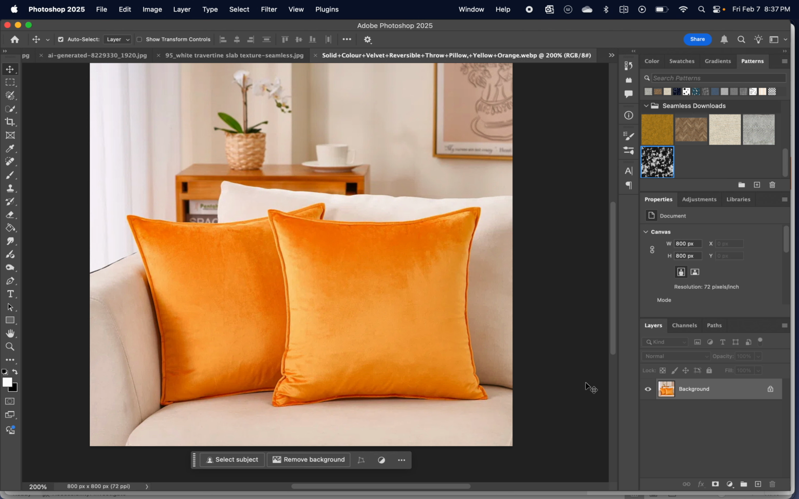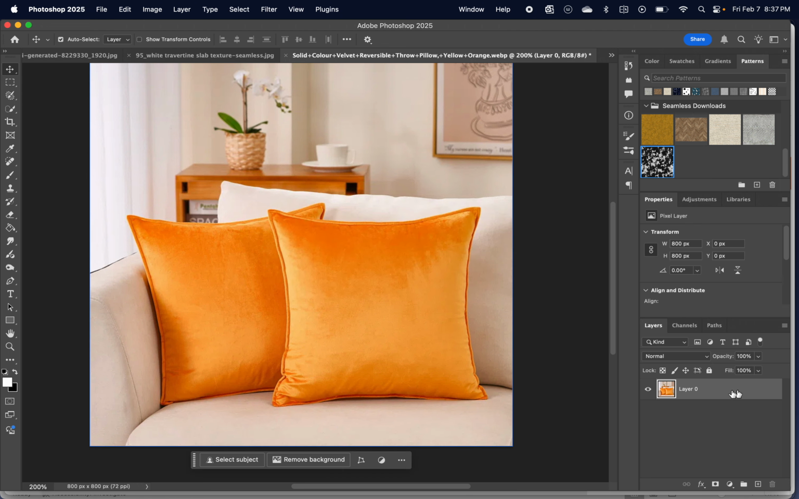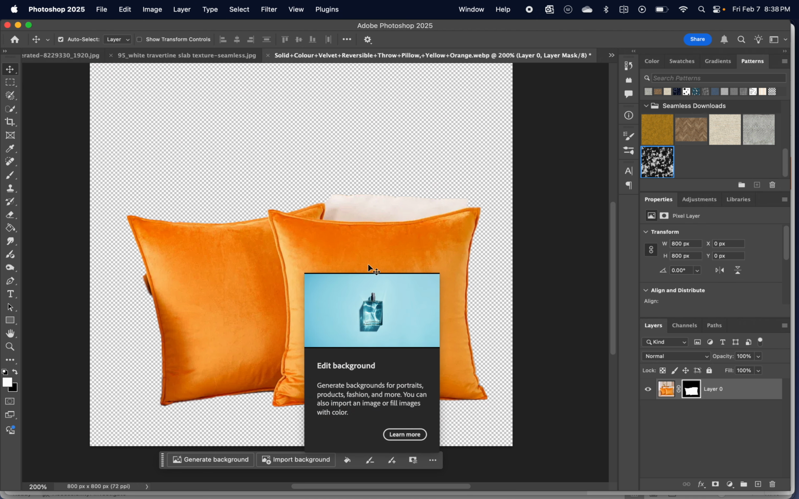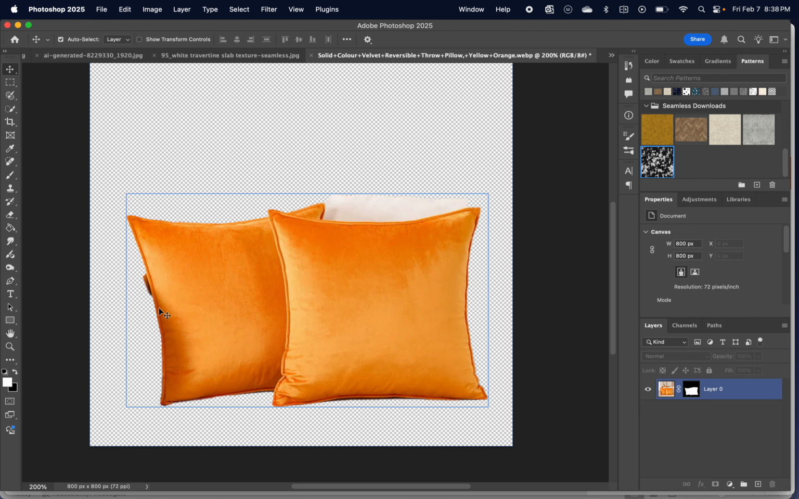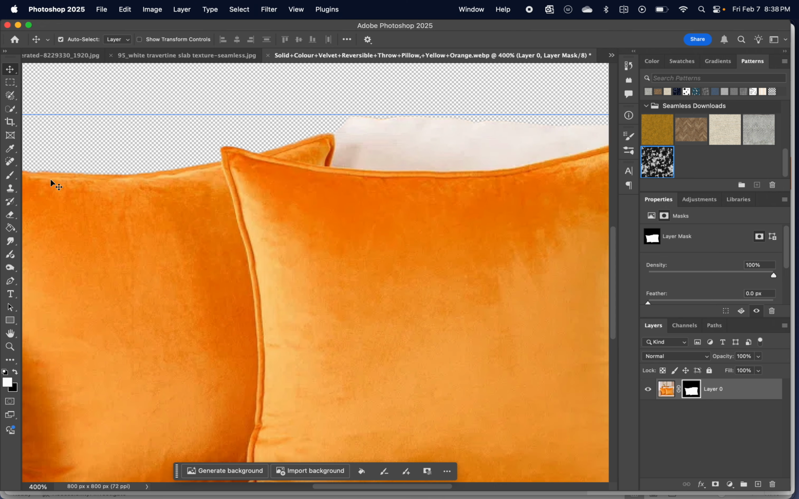Okay. So right now I've got these two pillows in an image, and I want to just make it the pillows. So I'm going to make this background layer not locked. So I'll make it a layer I can actually work from. And let's see what happens when I remove the background. It's like magic, guys. This is crazy. Okay, so I'm going to clean this up, and I'm going to go into my layer mask,